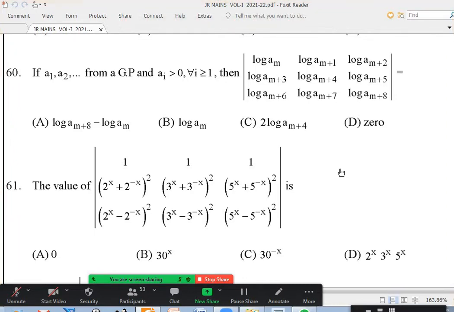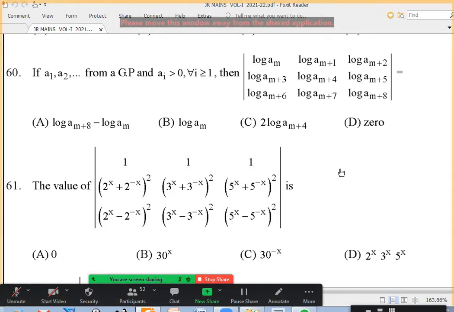Sir, I think that is a property in number system. Not only number system, you can say property in progression. If a set of numbers are in geometric progression and you apply log to each and every element in the same sequence, can I say after applying log they form AP? Sir, in this problem we can directly say, because A1, A2 are in GP, log is applied to every one of them, so they are in AP.